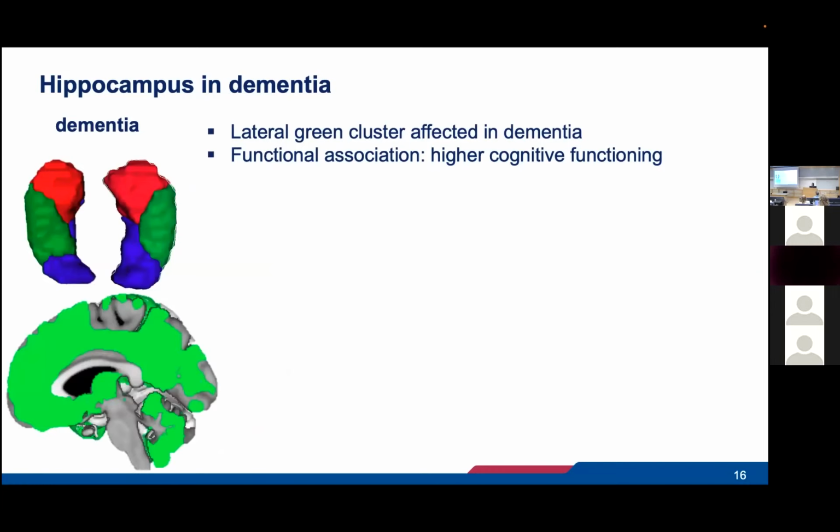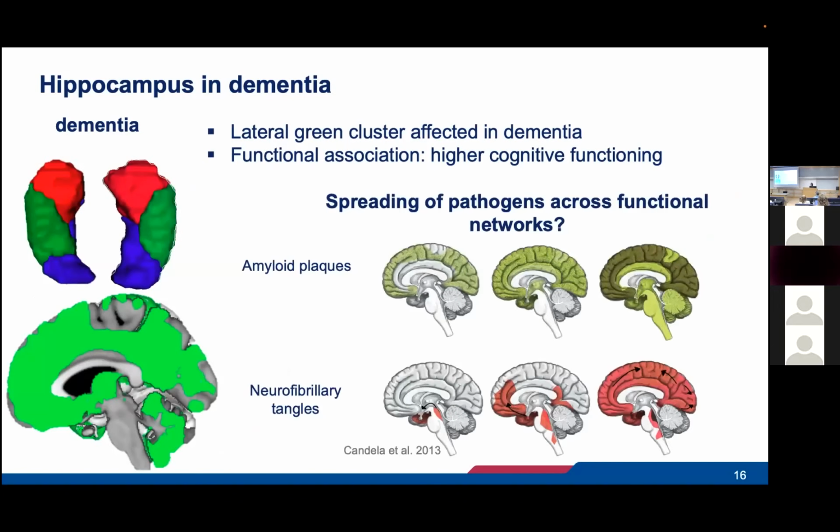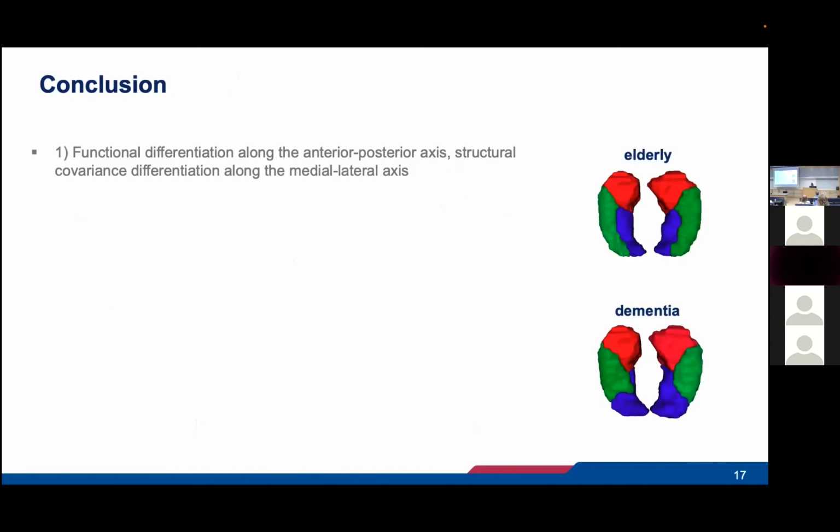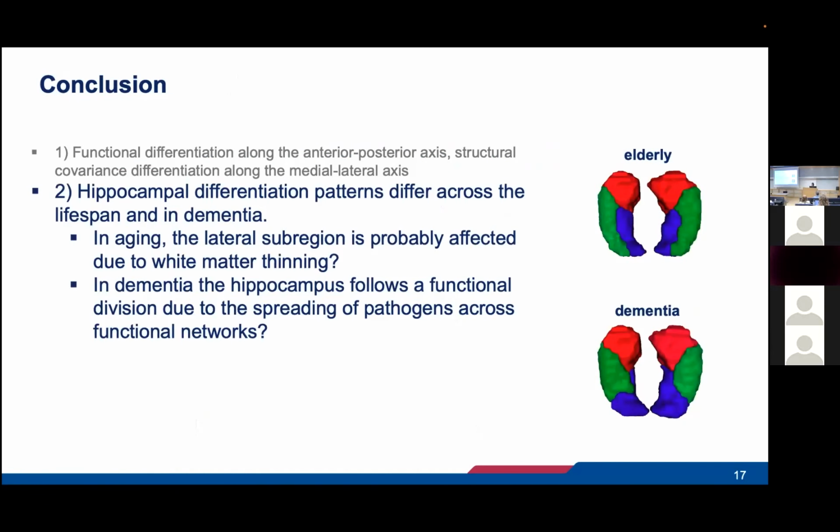And based on its structural covariance network and its association with behavior such as language, comprehension, orthography, we speculated whether it has something to do with pathogens, amyloid plaque or neurofibrillary tangles, actually spreading across the functional networks. So to sum up here, we learned that the hippocampus structural covariance pattern differs across the lifespan and in dementia. We hypothesized that aging is more affected in the posterior hippocampus, and in dementia, the hippocampus follows an